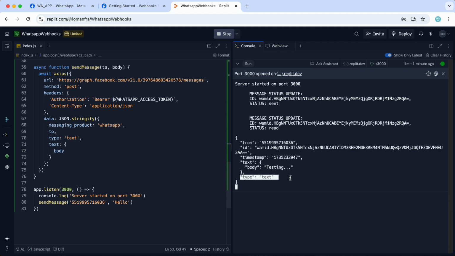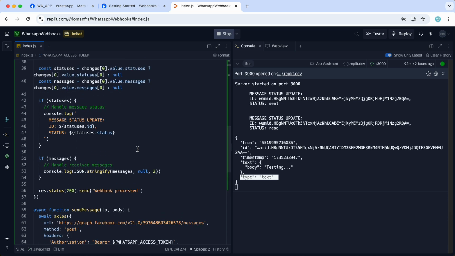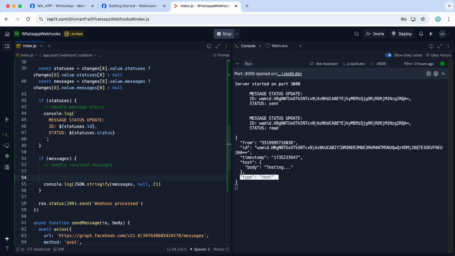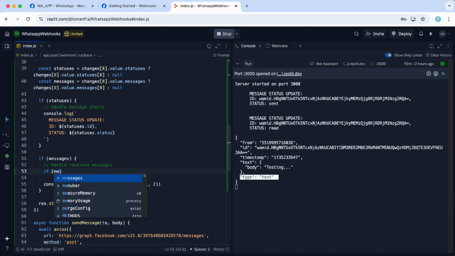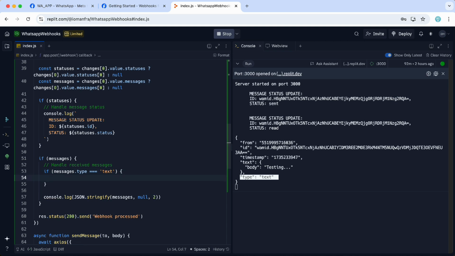So we need to handle this message correctly according to the type inside the post webhook route. So let's add an if statement here to check the message type. So if the messages constant dot type equals to text, here we can use some AI library to understand what the user is sending. Maybe the user wants to check details of its account or check some document, business hours. Maybe it's a question, any kind of message that the user is sending, and we need to proceed to send